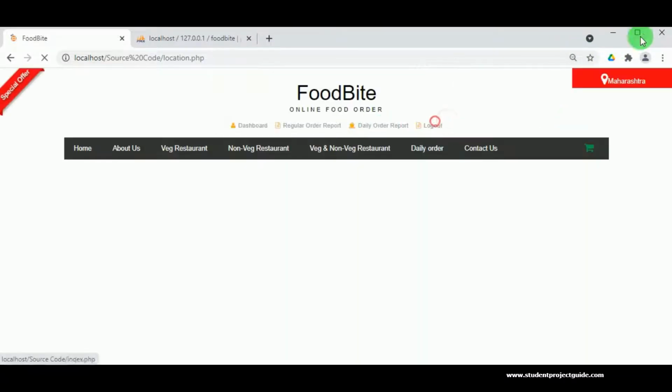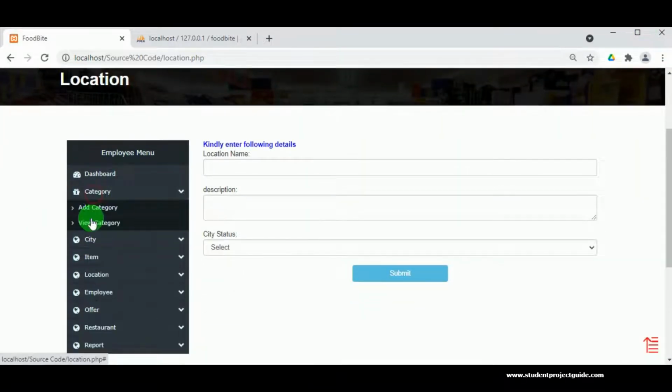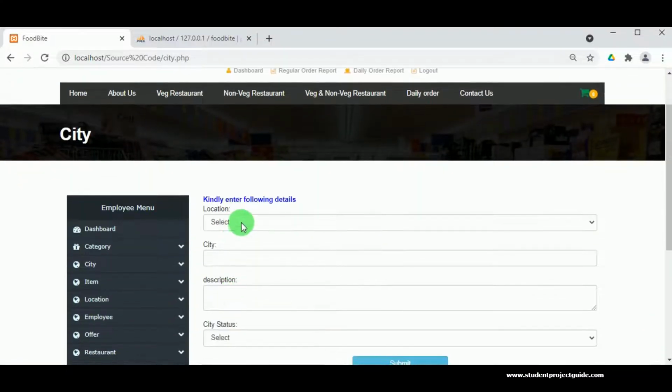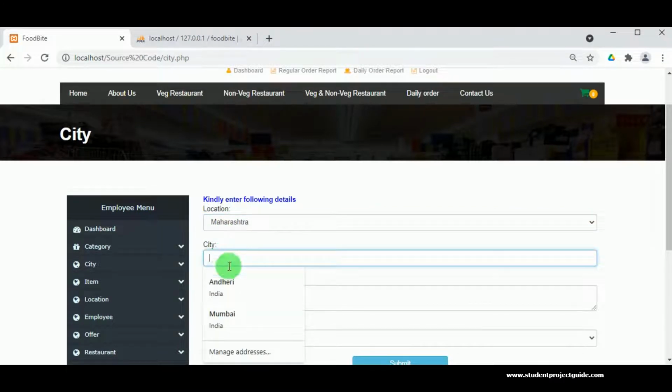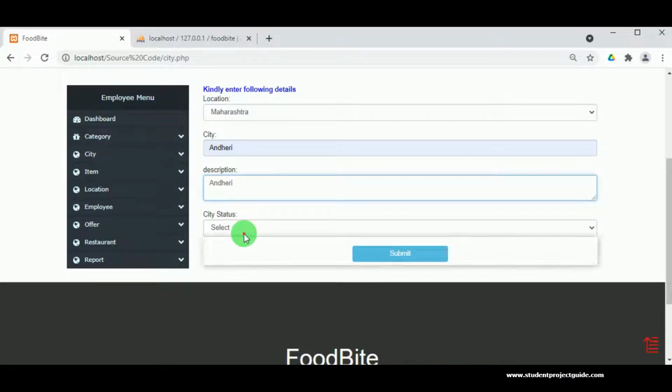Once the location is added, this can be viewed under view location, and in add city admin can add the city by selecting the location. Once the location is selected, city name and the description must be entered and the status must be selected as active.